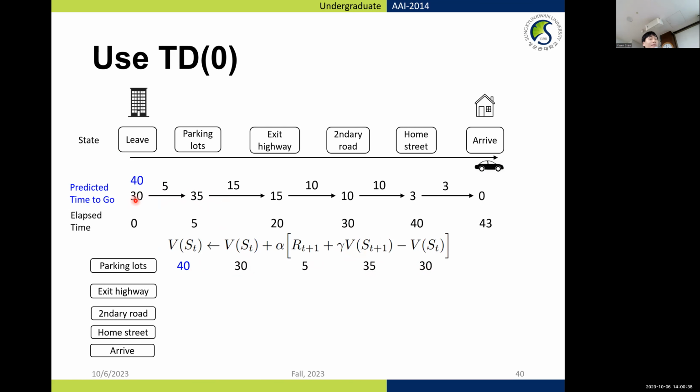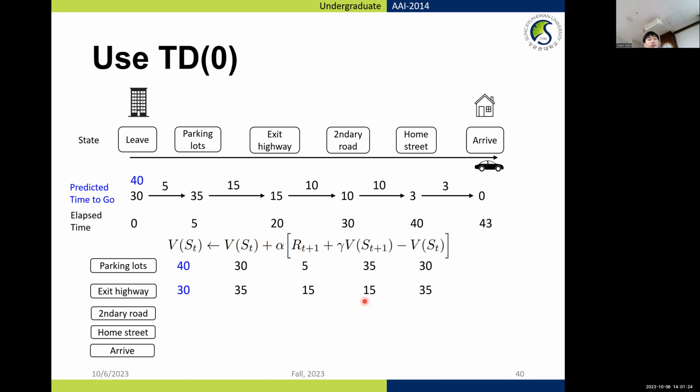So instead of 30 minutes, just moving one step, we already updated the previous estimation better. Actually, the actual time we spent is 43. We already got the better estimate, 40. Then in the next state, when we drive to the highway and exit the highway, now we are in the highway state. The reward is 15 minutes. We drove 15 minutes in the highway, 5 to 20, the reward is 15. The 15 plus the current state we estimate is 15,